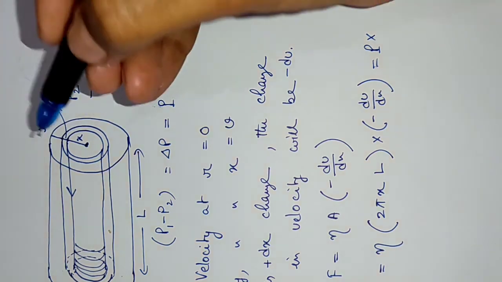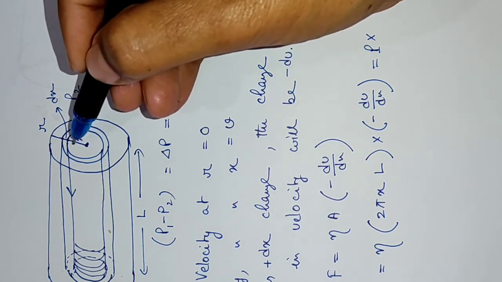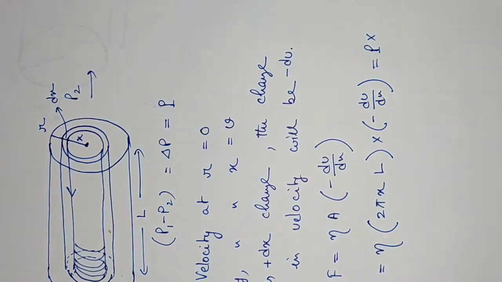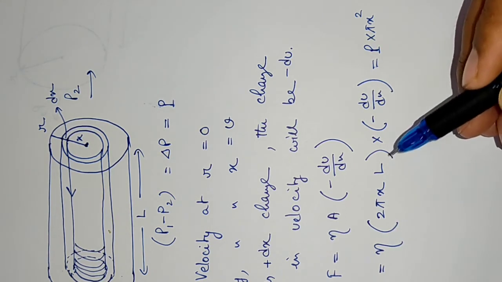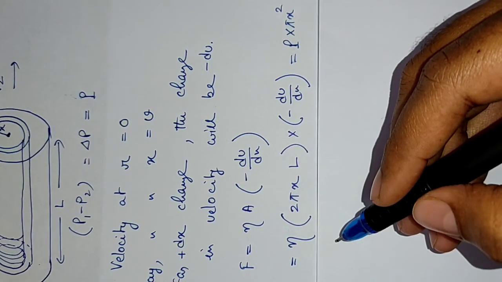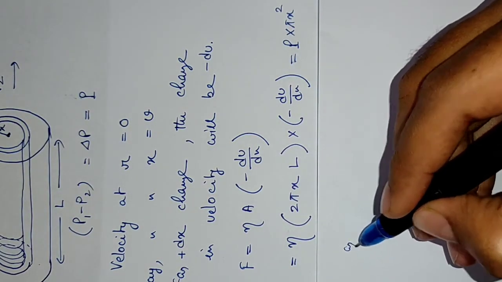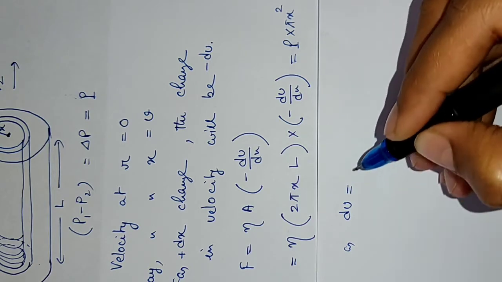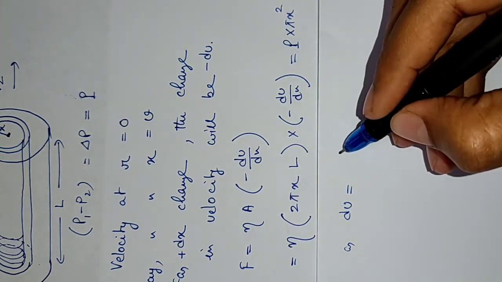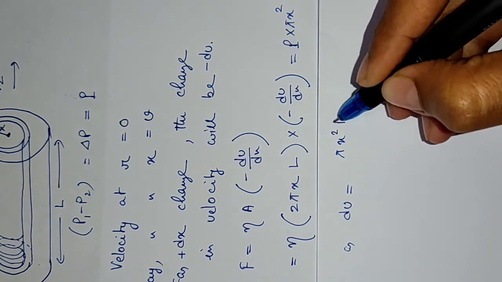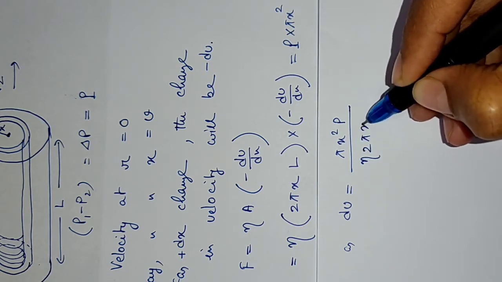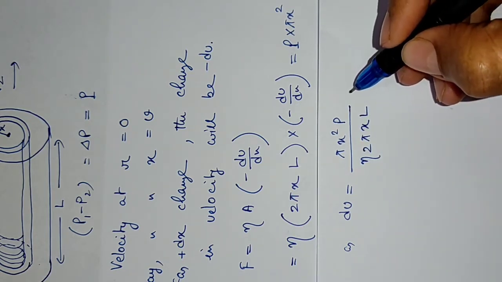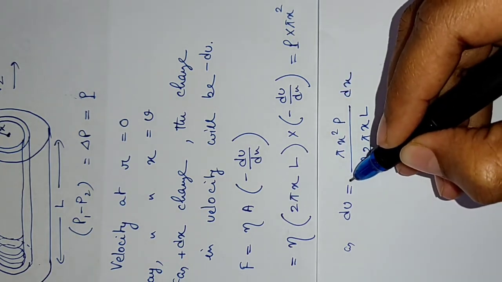Now what is the area? The area within this radius x is pi x square. So it will be pi x square into P, which will be equal to eta 2 pi x L into minus dv dx. Now we are eager to find the velocity, so we keep dv in the left hand side and take everything to the right hand side. So it will give us pi x square P, and here it will be eta 2 pi x L, and then we will have dx here and the negative sign here,